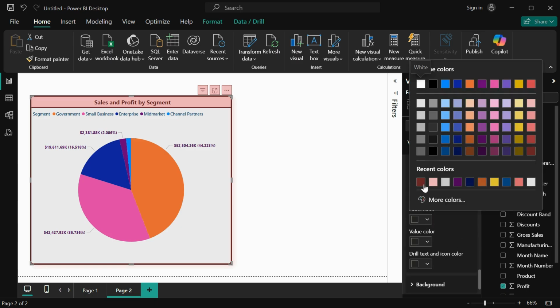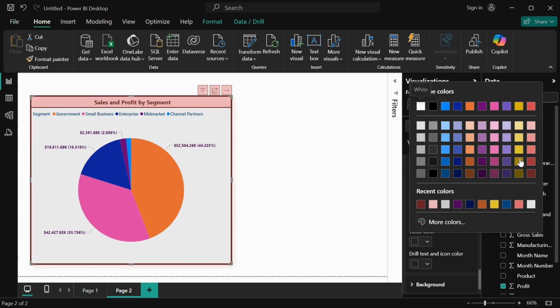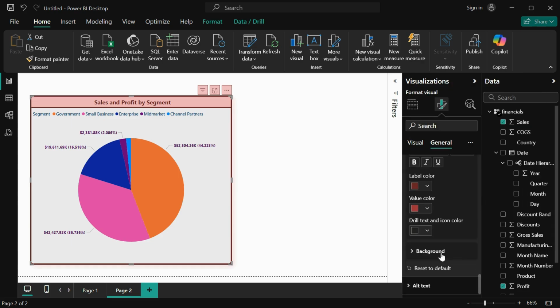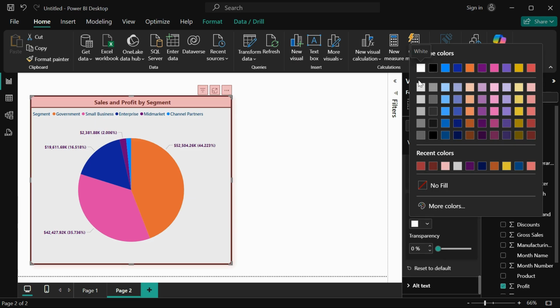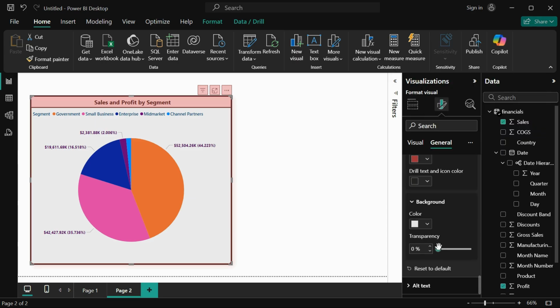You can change the label color, you can change the value color, right? You can update the background color as well. Let's say this very light gray color here. If you now show, then this is the tooltip. So this is how you create the pie